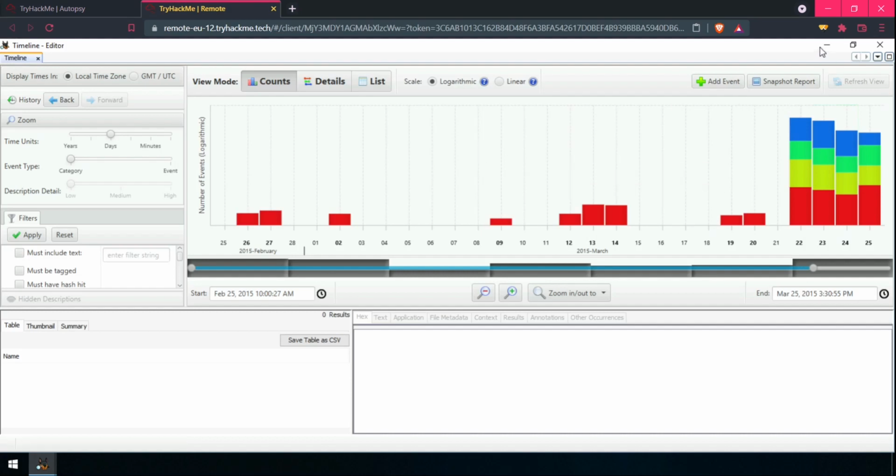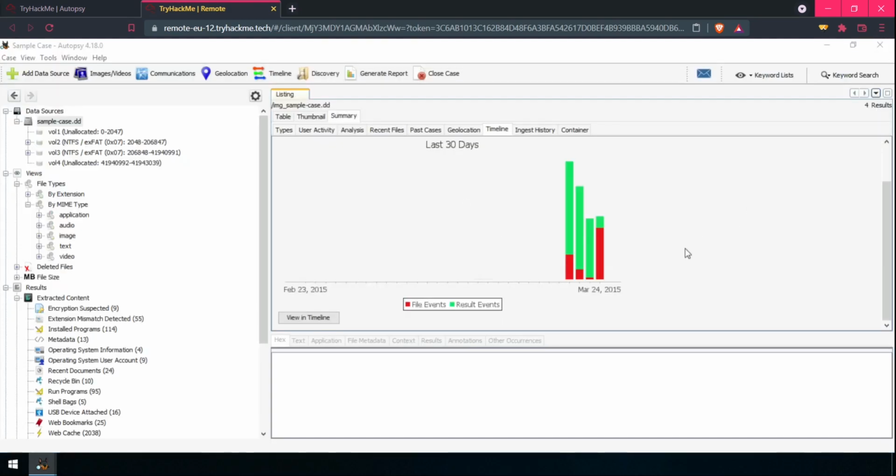So let me minimize this and analyze it from here. The chart is giving us the file events as the red ones and the result events as the green ones. As I see, the red ones are highest on the last date. That means we have to look at the last date.